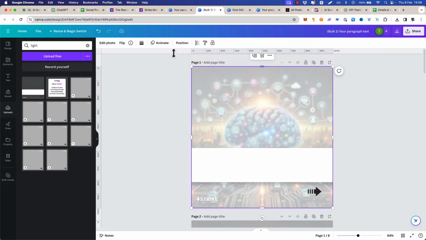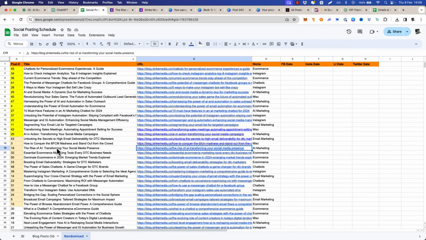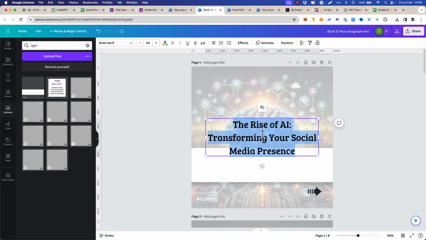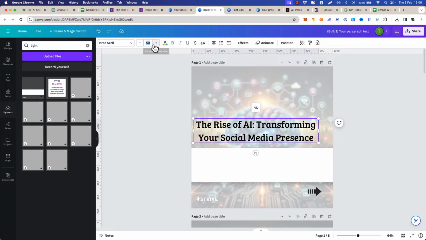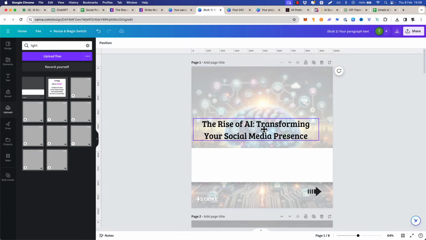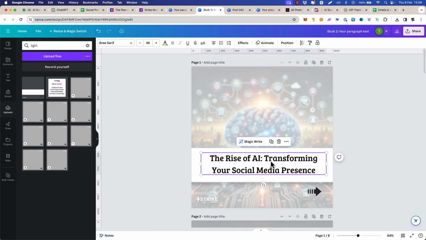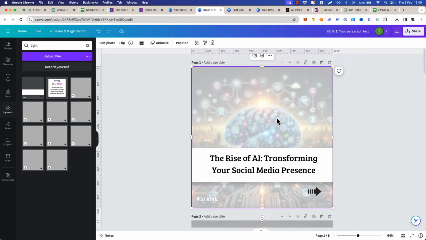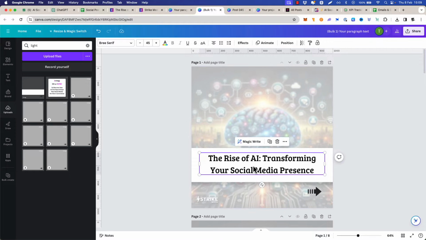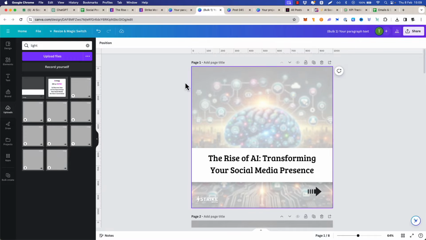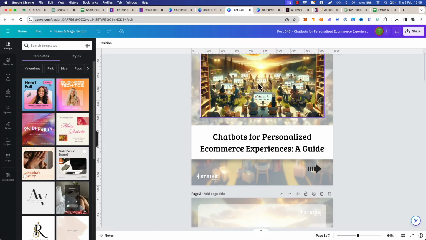Then we need the title of the blog post, so all I do is go here and then back to where I will just paste this in. I'll make the title text 45 and then just drag it in Canva. If you're not used to using it, I would just do a line, choose center, so that's nicely in the middle. Let's put the title in, and then I need the image from the blog post like this to add in,